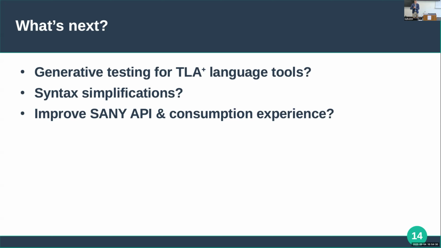Syntax simplifications, a contentious topic. I am an odd person in that I actually like the TLA+ syntax. I like it quite a lot. I even like it better in its Unicode form. But among this selected group, we are probably more likely to like TLA+ syntax than your average person. If Hillel Wayne were here, he is not, he's currently getting married, bless him,